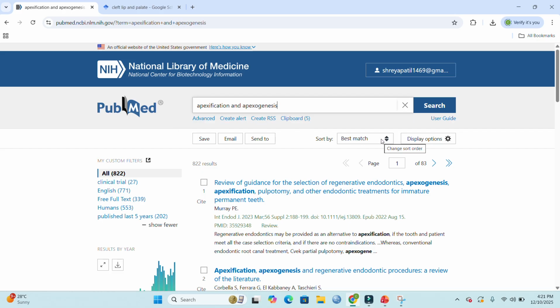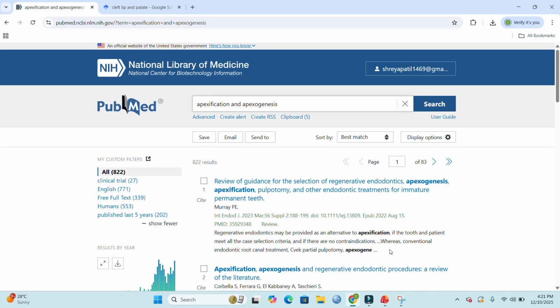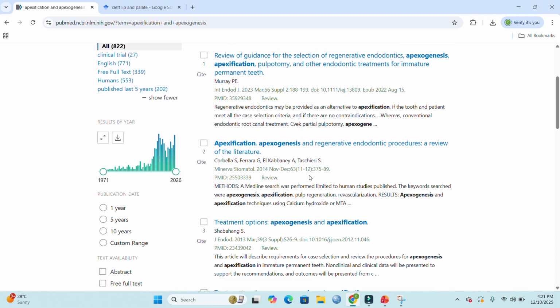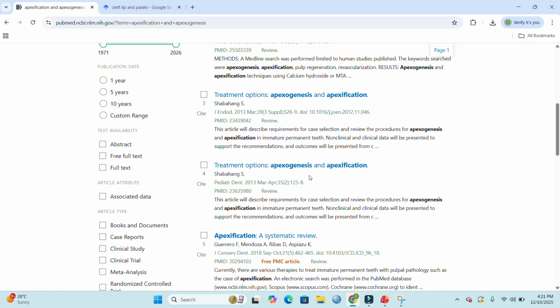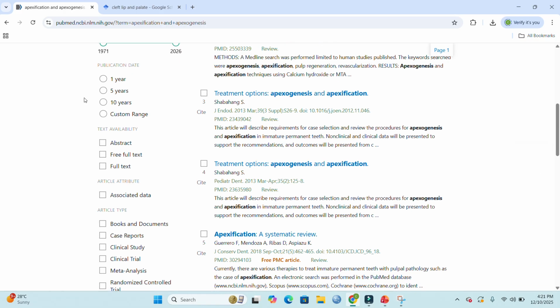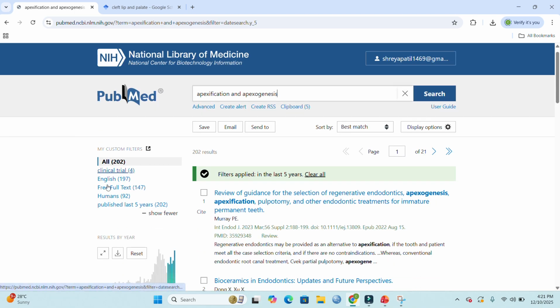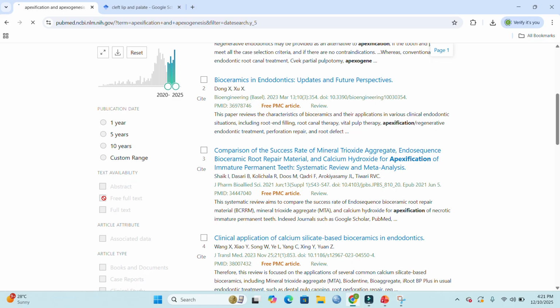And when you see, PubMed automatically sorts the articles based on the best match. Here you can see the first article is not the recent one. It was a 2022 article. It gives the option of best match. You can also filter out the articles using various filters like the ones published in the last 5 years, the full text articles,